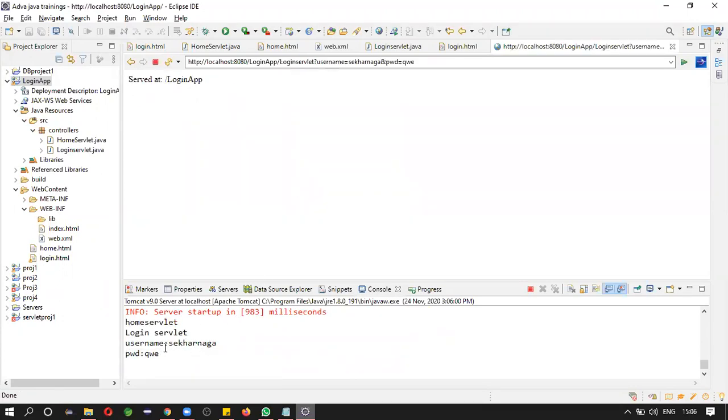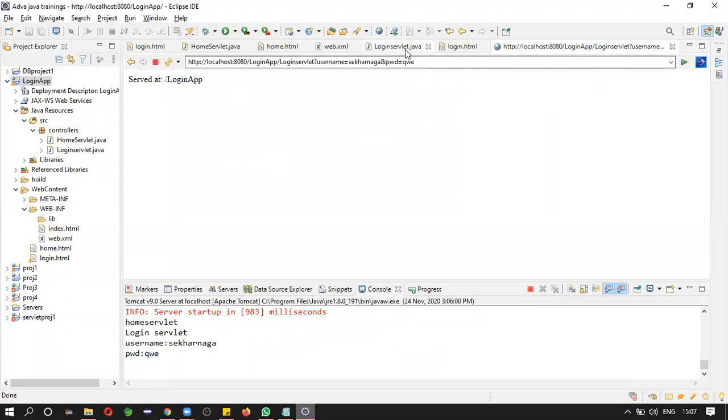Now see this, username is Shekhar Naga and password is QWA. So we reach this state. Instead of showing this, the user may not know whether he's logged in or not.